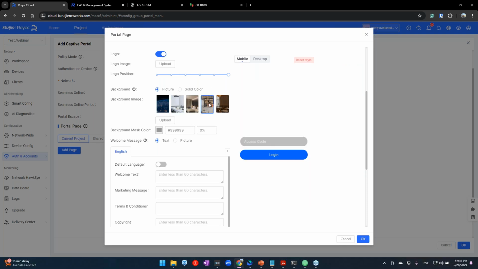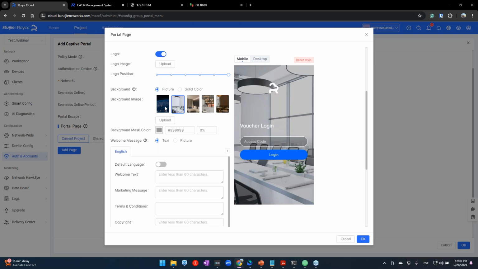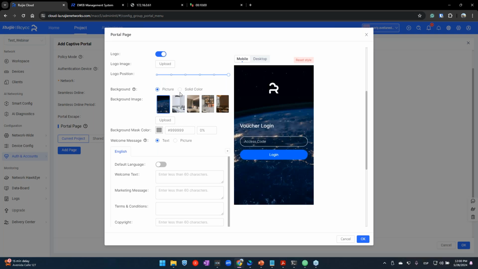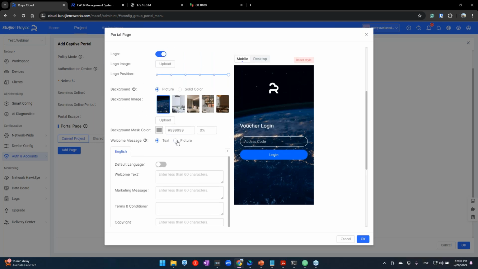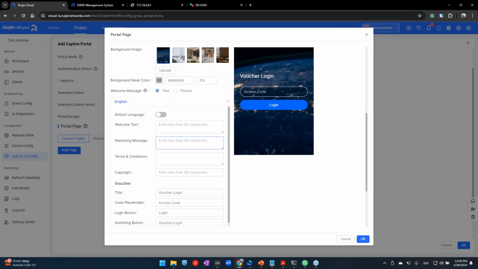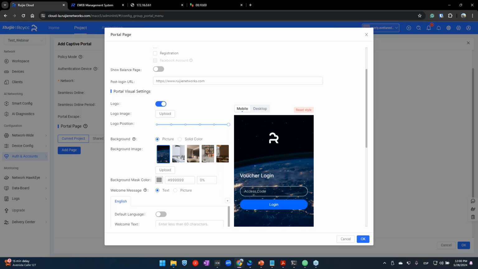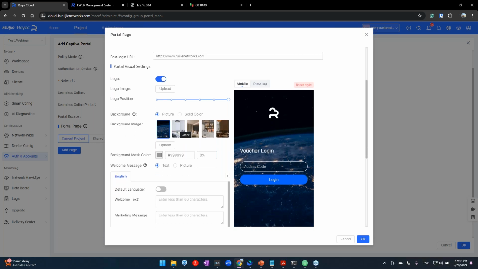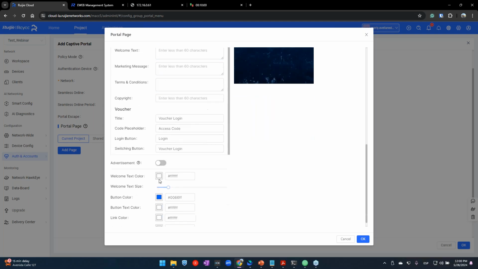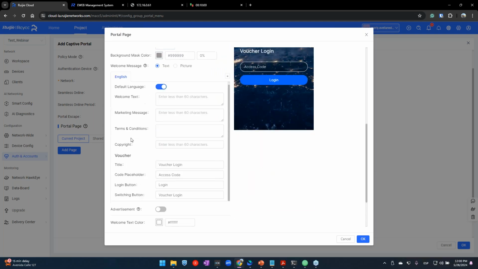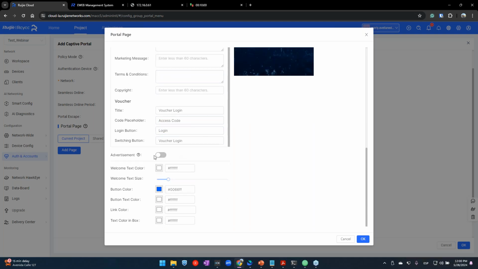We can add an image, we can upload another image, or we can choose a solid color. We can change a welcome message if we want, and we can enable another language by default. For example, if I enter here to the default language, I can put this, of my page, and we can put